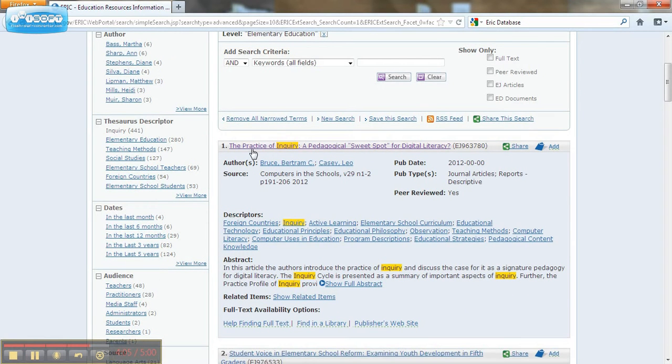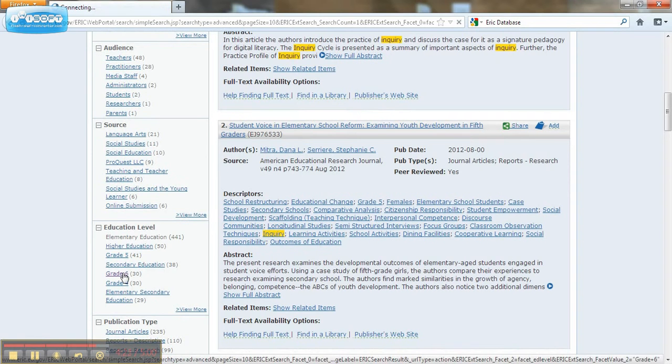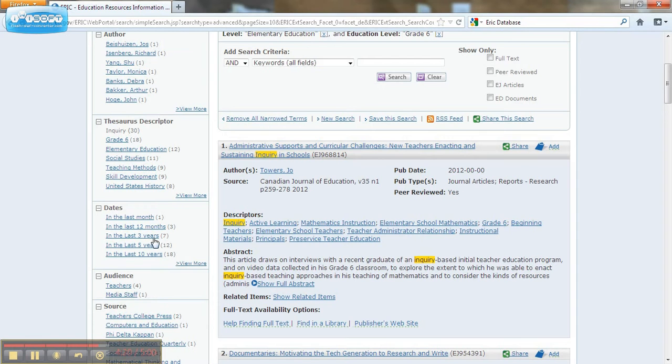And we've got the practice of inquiry, a pedagogical sweet spot for digital literacy. So digital literacy is also a key part of my search because of the way in which I want to use technology so much in my spot. We can also see that we could have dropped it to grade 6, which drops me down to 30 results. So we can see that using these thesaurus descriptors, we are really able to drop down our results searches and